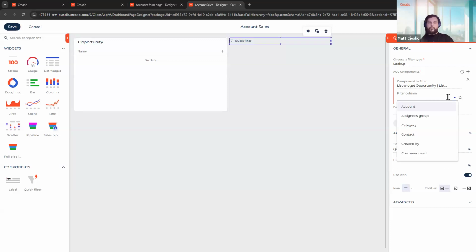Not that we have a lot to choose from, but still, let's go with the account. I do not want to have any default value for this widget, so we're just going to use it whenever it is needed. And let's leave the filter as is. I mean the icon for the filter. Okay, so now,